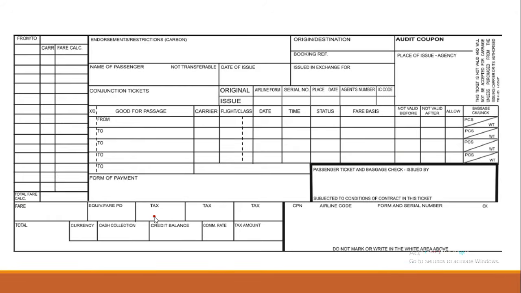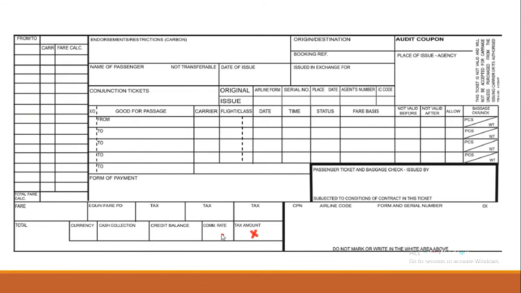So here, that is where you will find that the codes for the taxes will be important. So here you will write your first tax, ZV, your second tax, ZA, and then you will write your third tax here as XT. I will explain what XT means at a later stage. So you will write it out like this: ZV, ZA, and then XT. From there, you will add those three amounts up and write the total tax amount in this box.